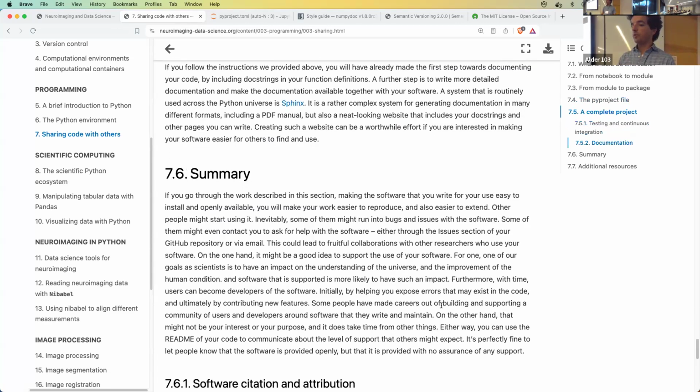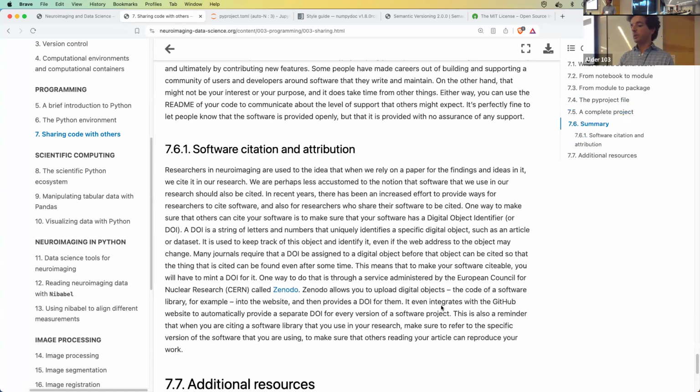I'll also mention, if you become very serious about this, you should think about how you get credit from distributing the software, things like software citation, attribution, publishing papers that describe the software. If you're very serious about writing software that other people use, and you want them to be able to give you credit for it, the coin of the realm